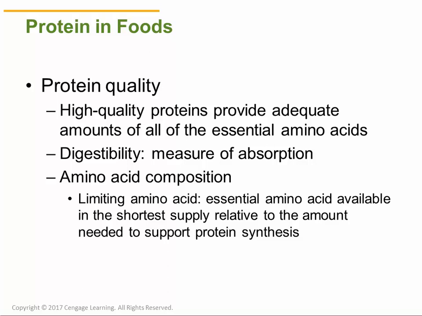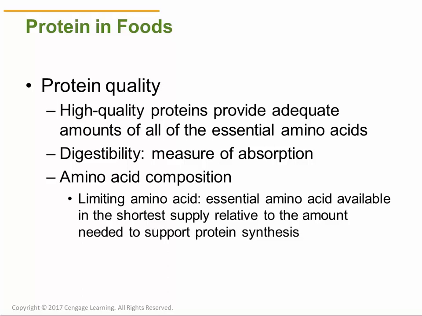Also, this high-quality protein is typically going to be easy to digest as well, and so therefore more is going to be absorbed. And we have to take into consideration what's known as the composition of that amino acid